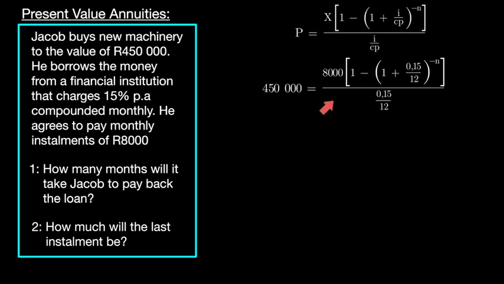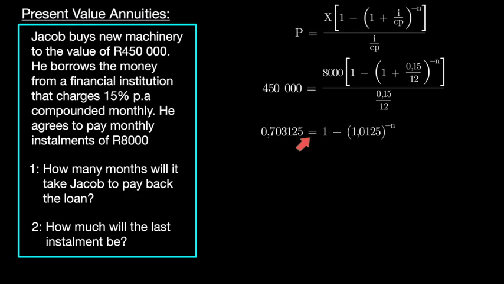Now, since we are dividing with this value, we are going to multiply with this 0.15 divided by 12 on this side. And once we finish that multiplication, we're going to divide with the 8,000 because we're multiplying here. Okay, got it? So we're going to multiply with this value on this side, and we're going to divide with the 8,000 on this side. And once we do all of that, we can simply just do it on the calculator. We end up with